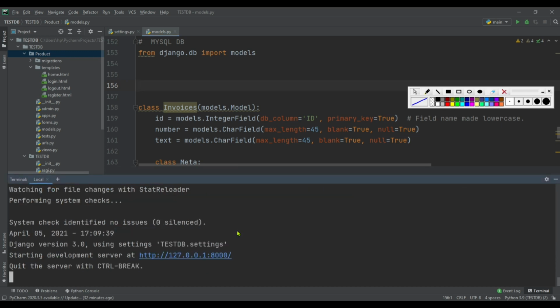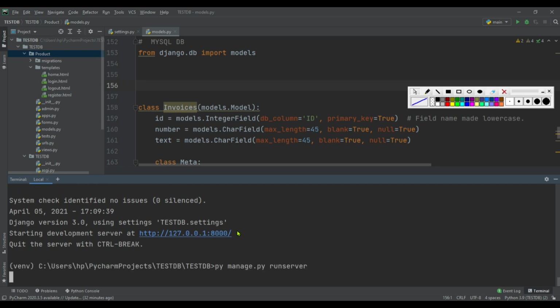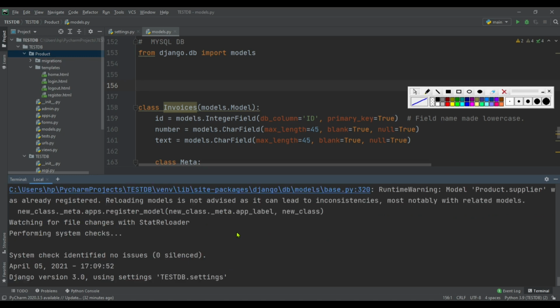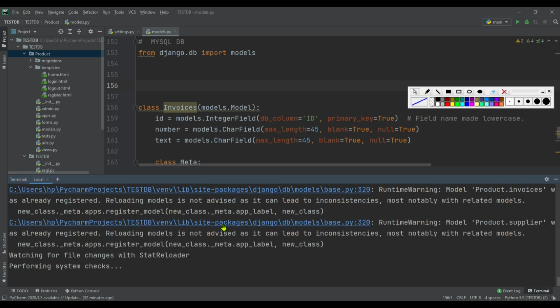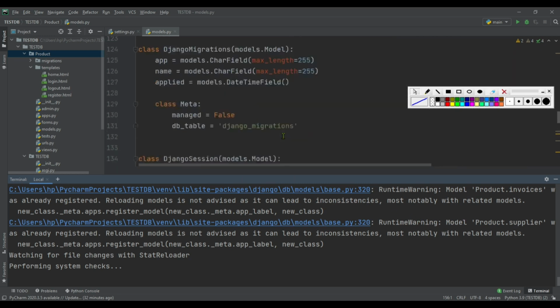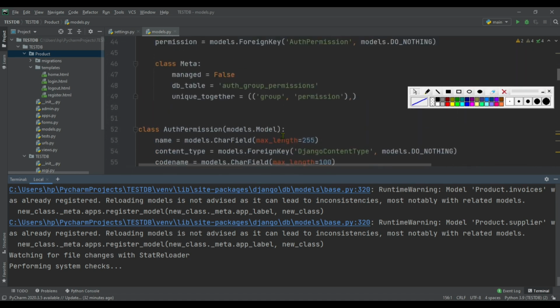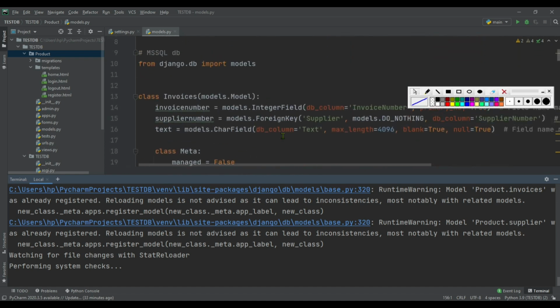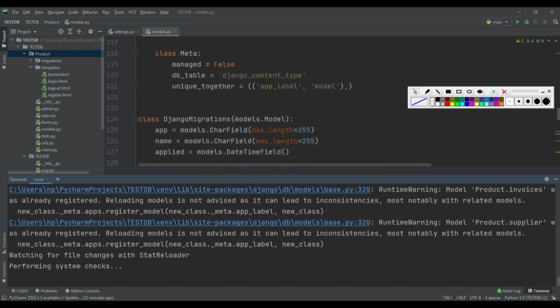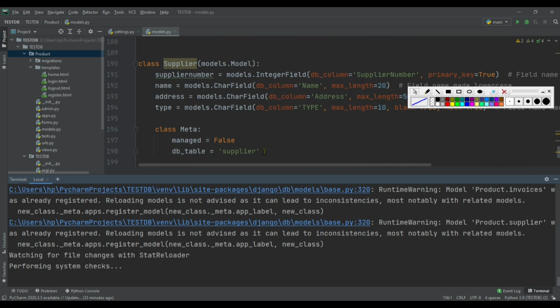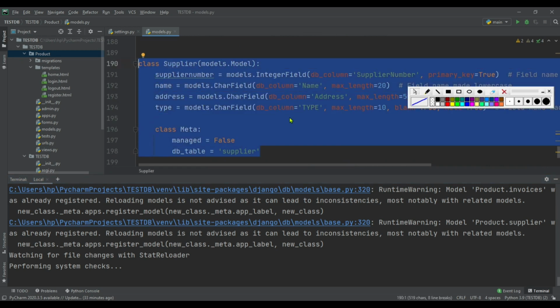Stop the server. Run the server again. So here runtime warning is coming. So if we check, supplier is available inside both the DB.